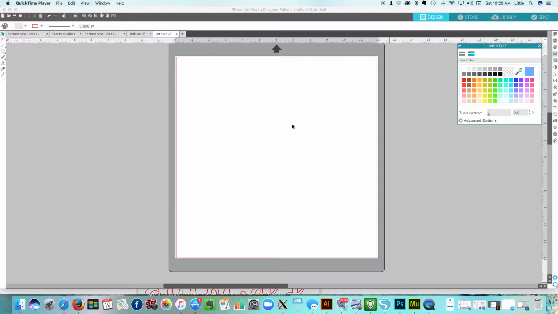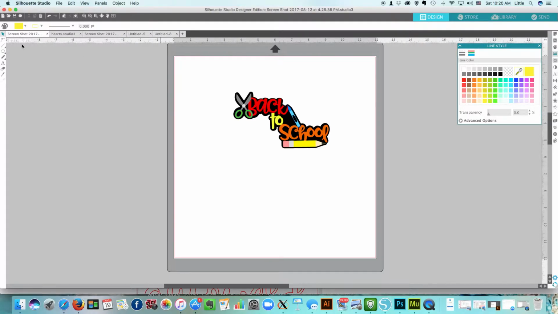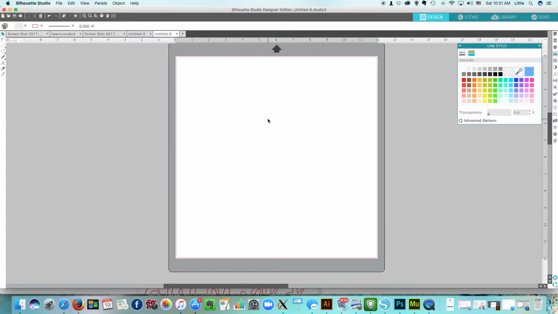Today I am in Silhouette Studio version 4 and I'm going to show you guys how to actually make this cute little title right here with two different options on your shadow layer. So let's begin. So I have a new document here and the first thing I'm actually going to do is